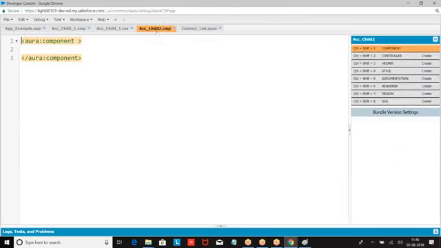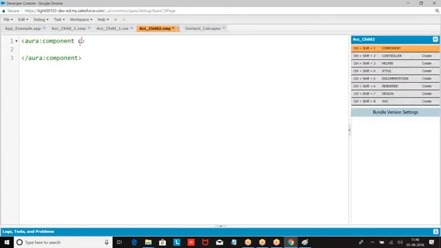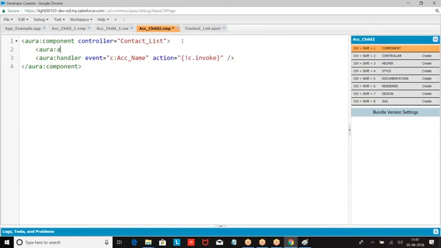Okay. Now, let us go to the child 2. In the child 2, what I am doing? I am trying to use this class. Child 2. This component 2 is trying to handle the event. Handler event c.acc, then action, invoke. Then it is going to give an attribute here. Name equal to, value equal to